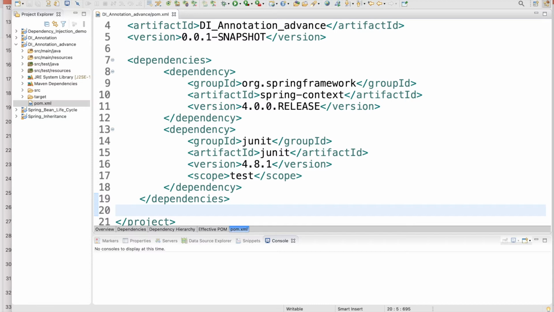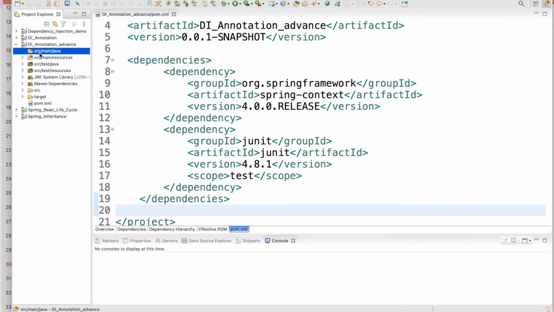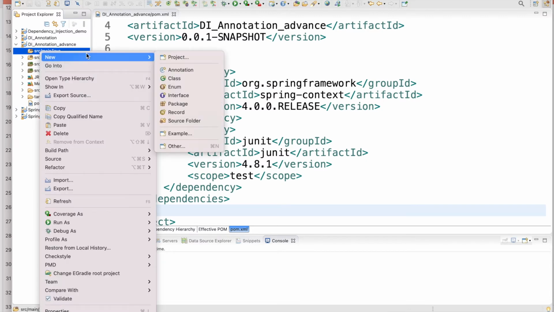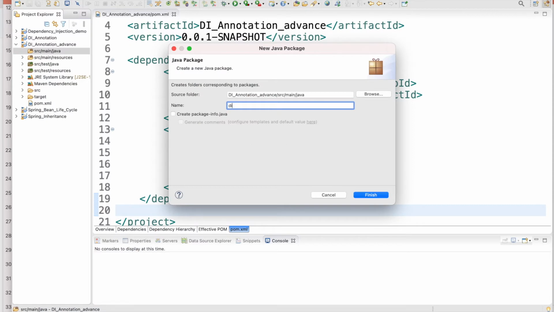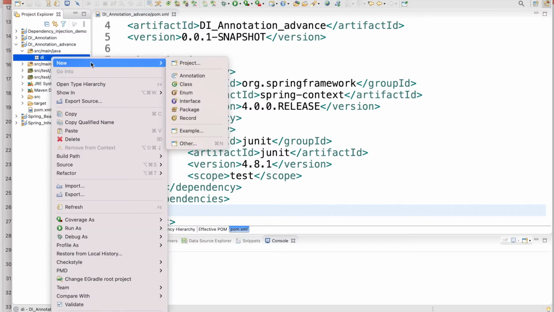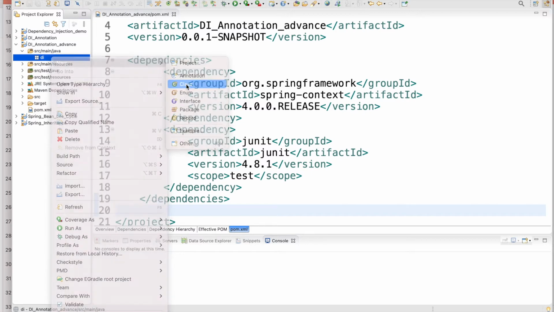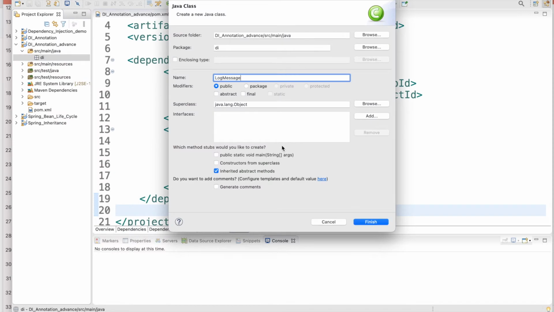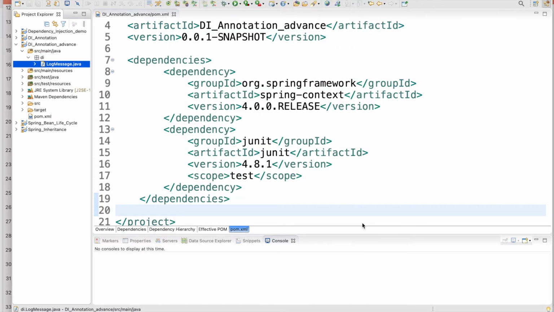Because this is annotation based, there is no need to create any XML file. Go into main Java and create one package. You can give any name, I can give di dependency injection, and first and foremost create any Java class. I will create one Java class with the name LogMessage. You can create any one, I give LogMessage, right?